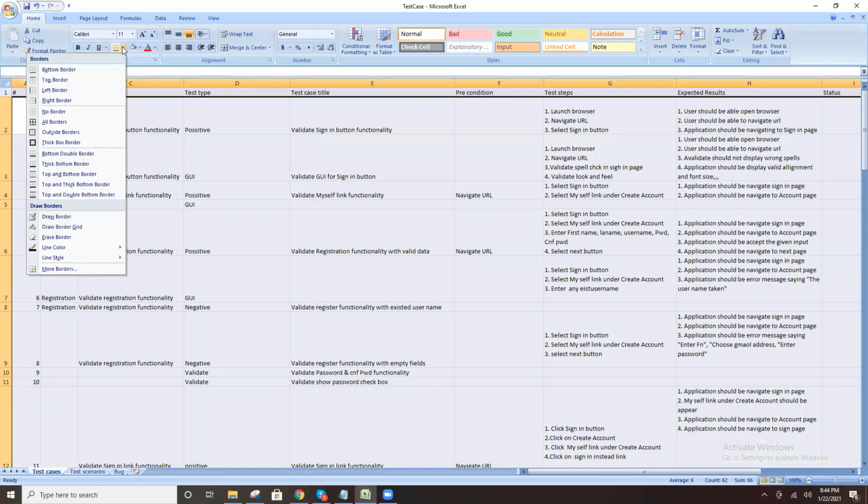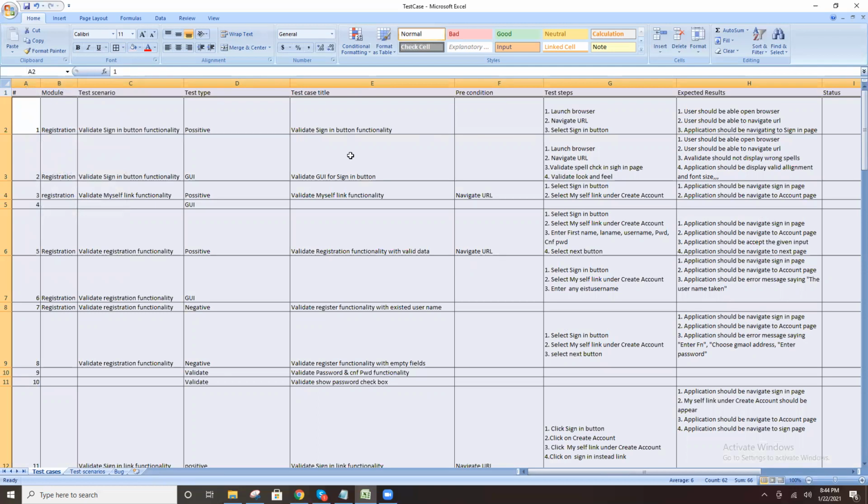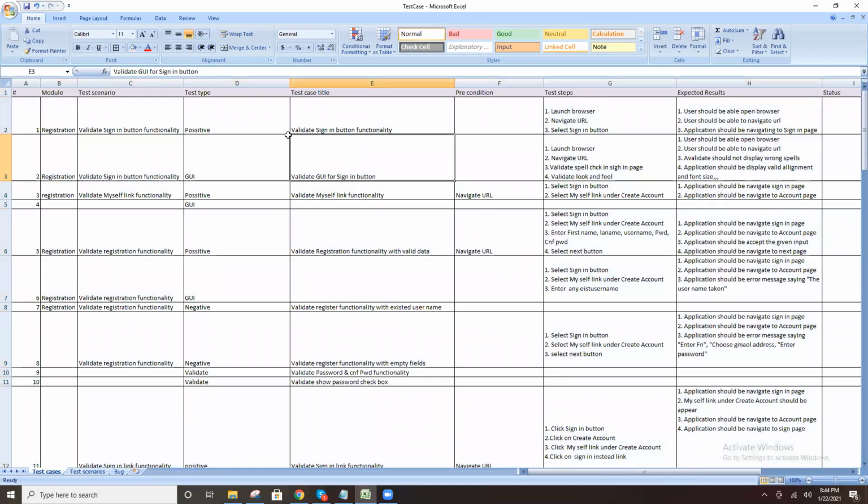Apply borders. You know Excel, right? Compared to this one, it looks somewhat better. Font size and alignment, you can check that also. That is also one of the important things.